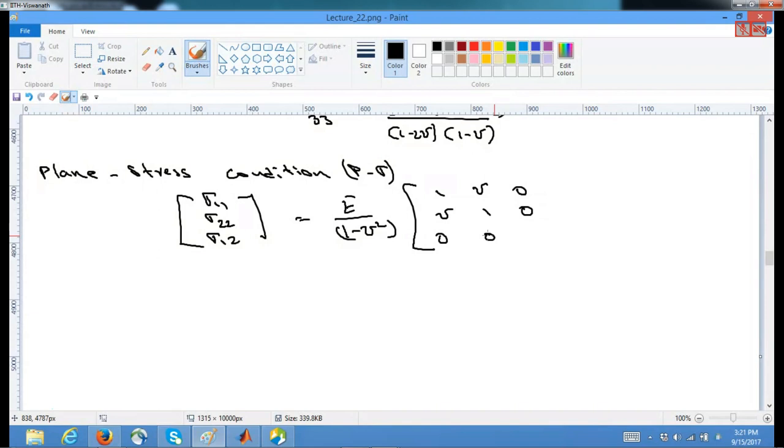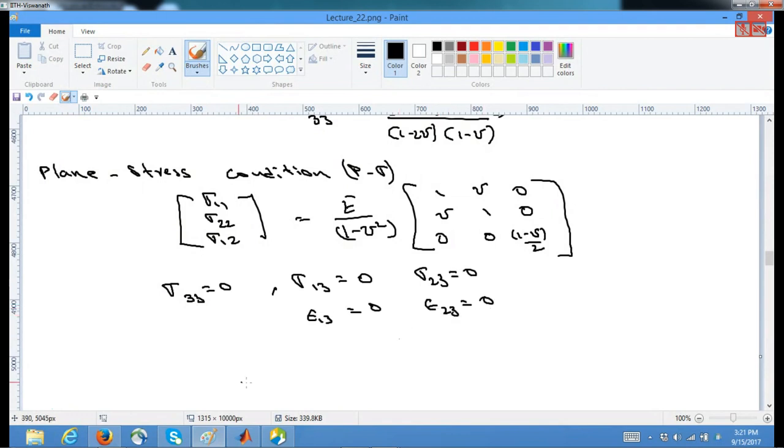Three. Sigma 1,3 is equal to 0, sigma 2,3 is equal to 0, epsilon 1,3 is equal to 0, epsilon 2,3 is equal to 0, but epsilon 3,3 is given by minus nu by E times sigma 1,1 plus sigma 2,2. In all the above, capital E is Young's modulus